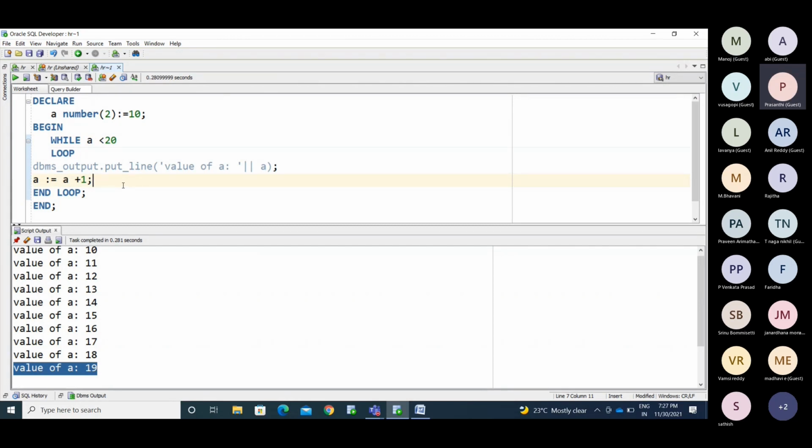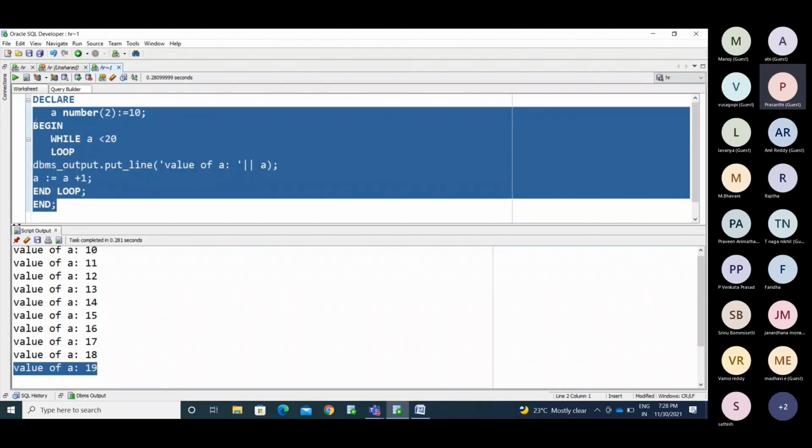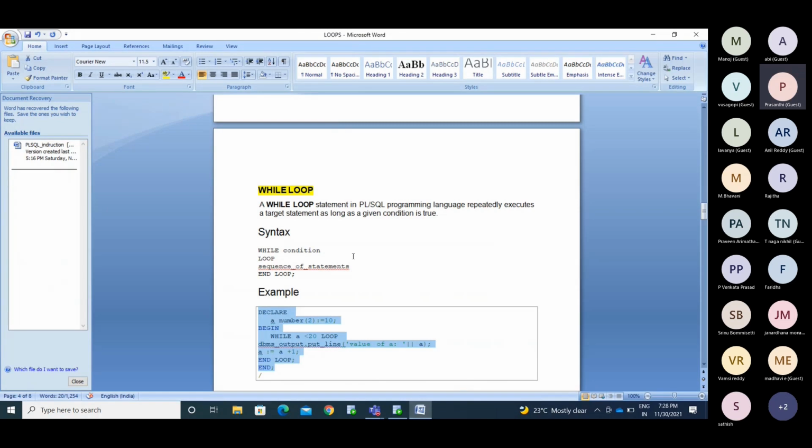Okay, so we can take two tables, employee one table and employee two table, and insert the data into them. Whatever the EMP1 table is having, we need to insert that 10 times into the employee table, and 20 times into the EMP2 table, by putting some conditions. We can perform those types of actions as a task. Okay, this is about the while loop. We have seen the normal loop and the while loop.